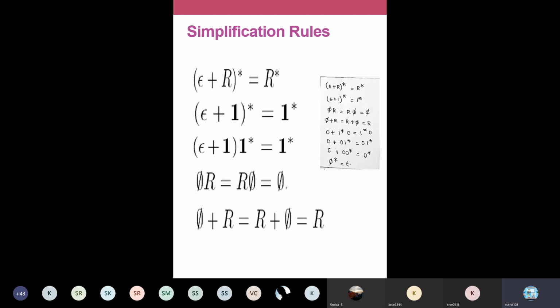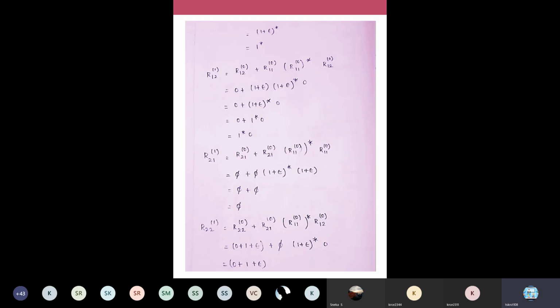Okay, so when I write epsilon for this 1 star, you will get the left hand side of this plus, this 0. And if you simply take 1 star 0, you have the right hand side. So you have to check whether you're able to derive both these expressions, both the left hand side of plus and the right hand side of plus. It defines the union. Both the terms you must be able to derive. So that is what we saw in the simplification, and all these we saw.